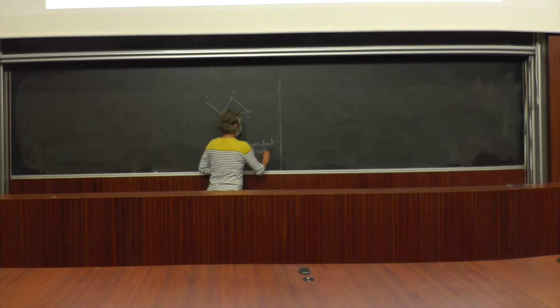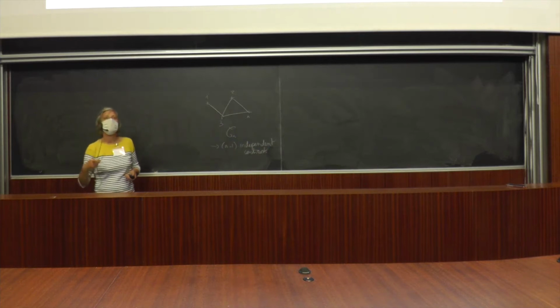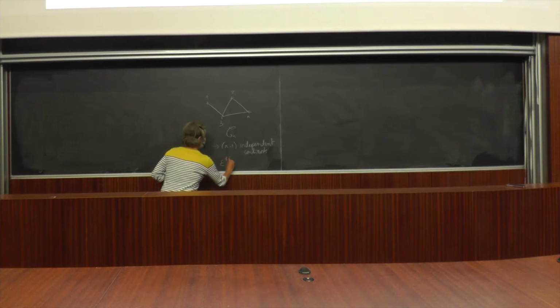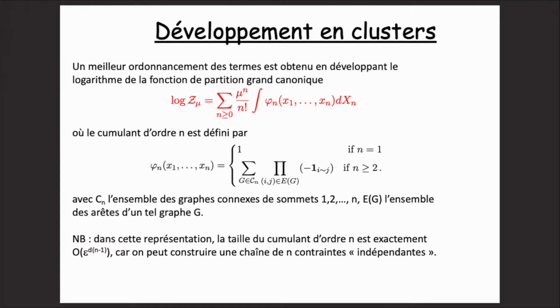And so you see that this expansion is much better because you expect phi n in L1 to be like epsilon to the n-1, or epsilon d to the n-1. Okay, so that's the size in L1. So this means that here you don't have what I had previously, so it's really a much better expansion. Okay, so actually we will try to estimate very precisely this phi n, but for the moment